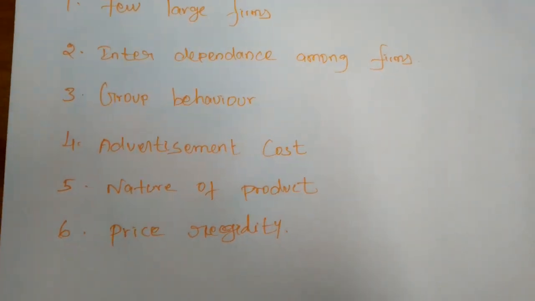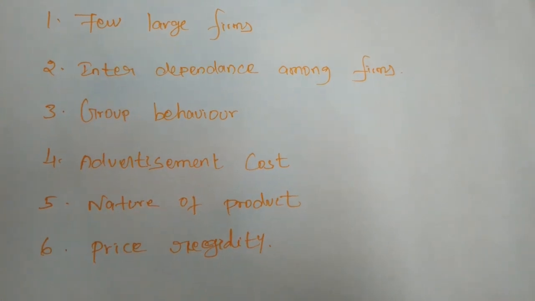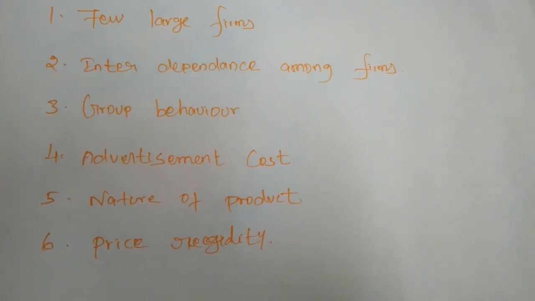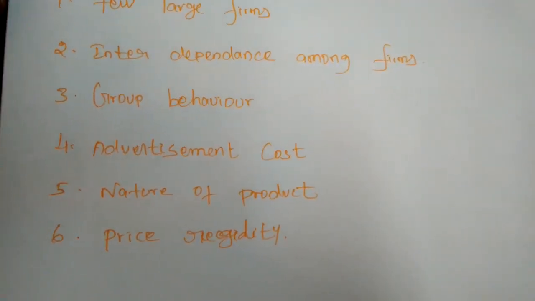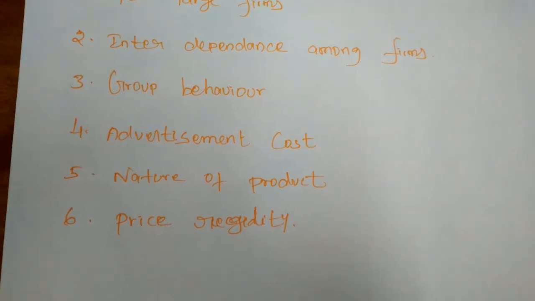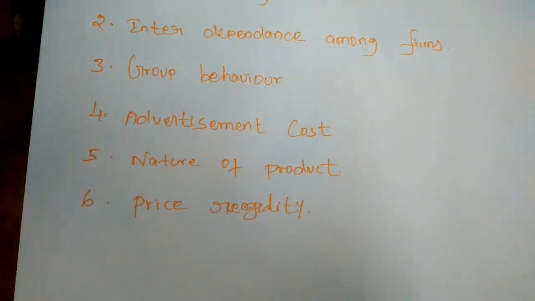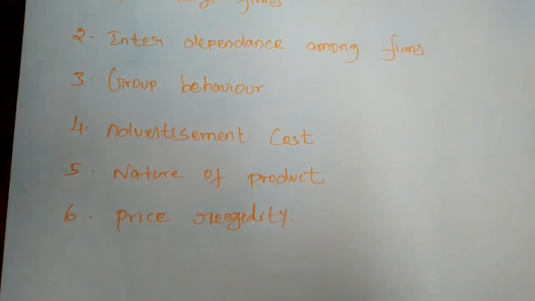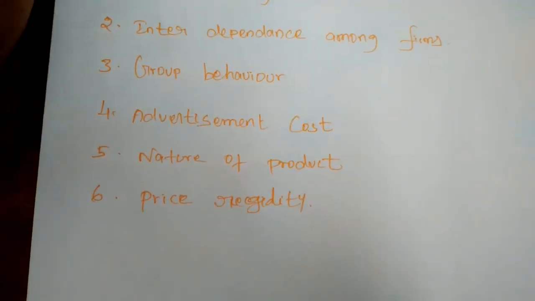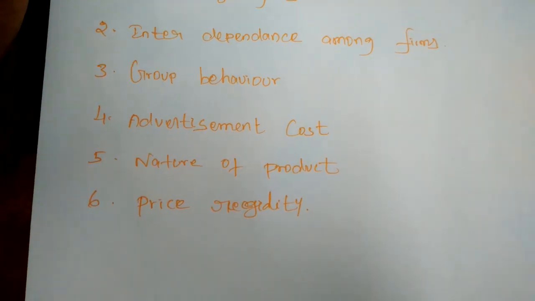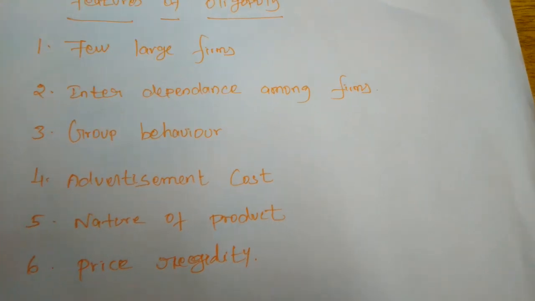Next, the advertisement cost. The oligopolist can raise sales either by advertising or by improving the quality of the product. Simply, if we look at TV or any movie, the firms spend a large amount on advertisement for their commodity. This advertisement cost is also included in the product price, so the advertisement cost is very high in this oligopoly market.